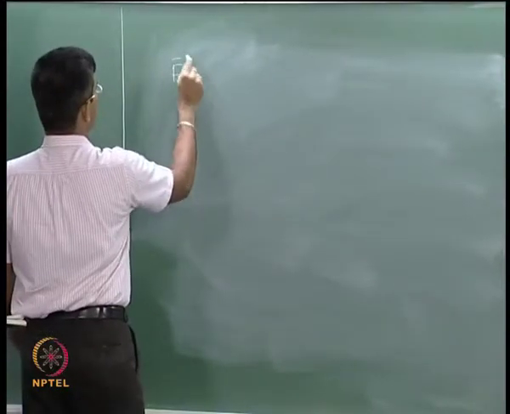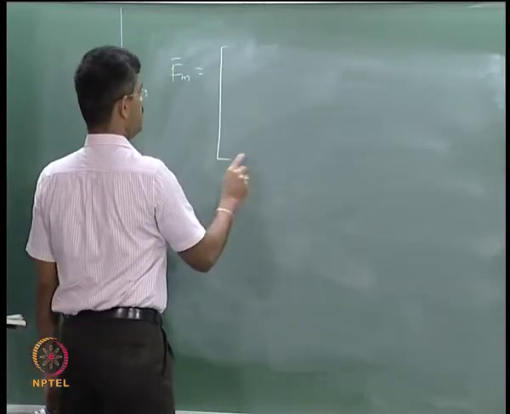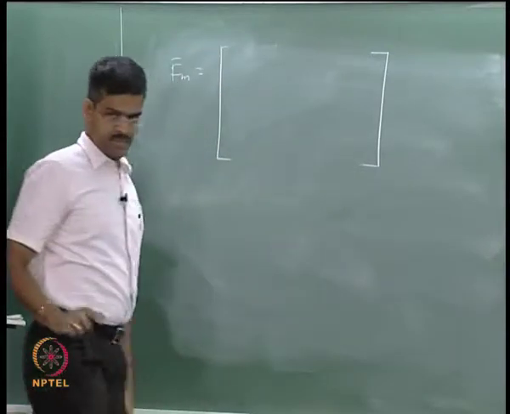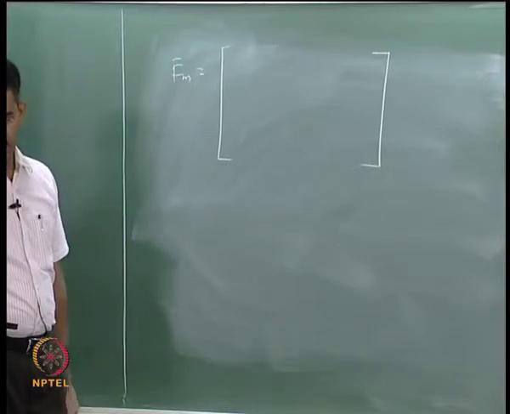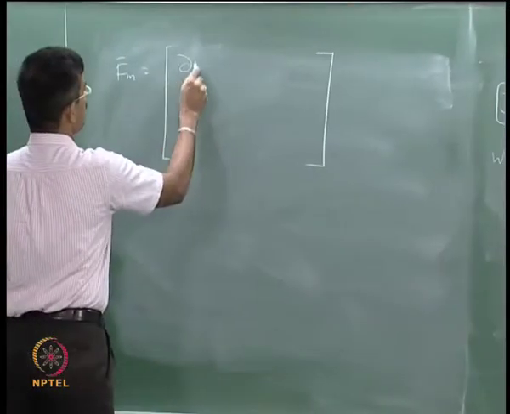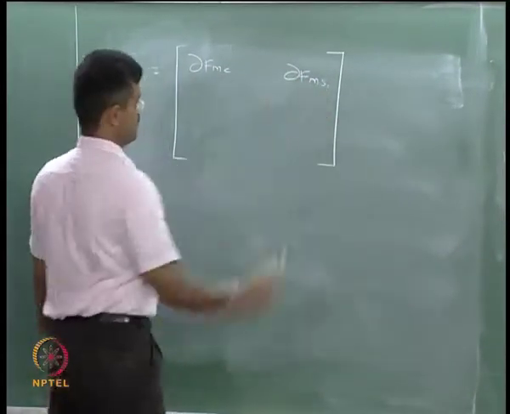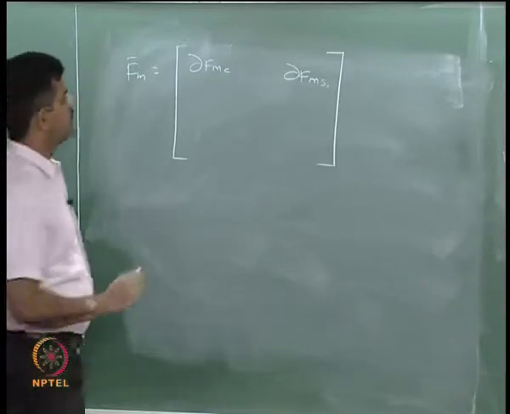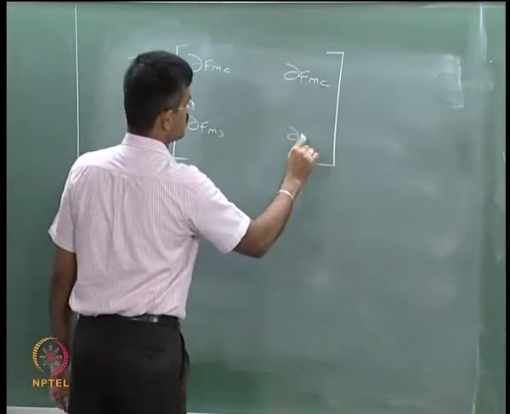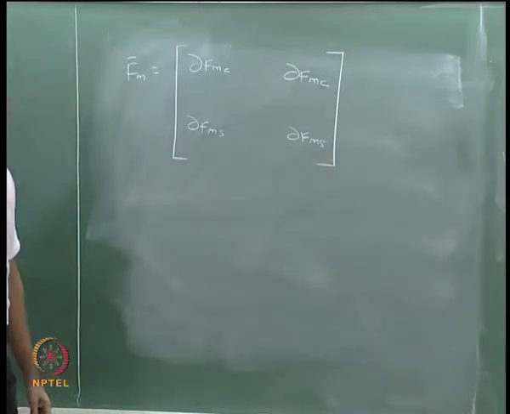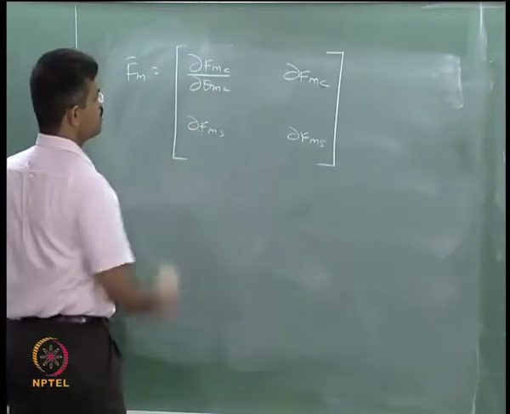Now, F of m is tricky, that is where the problem starts. This is given by again a 2m by 2m matrix, where I say, see here how I am writing it, mc, ms, this is also mc, okay, this is rho of mc, this is rho of ms, this is rho of ms, this is mc and this is ms.